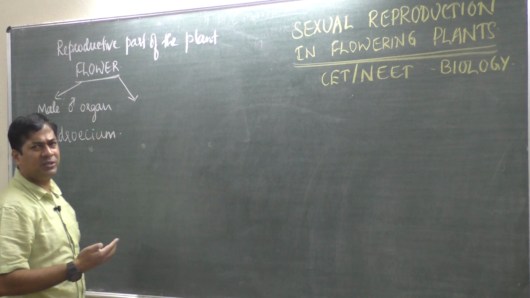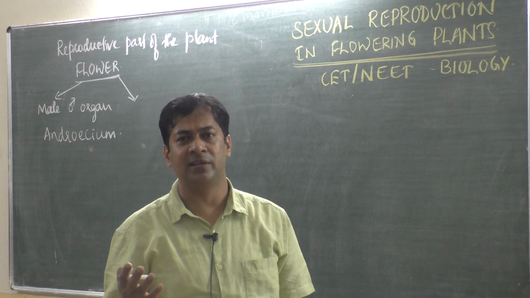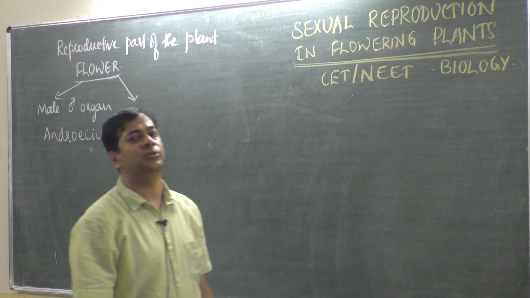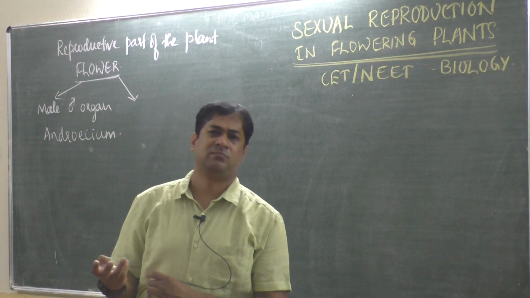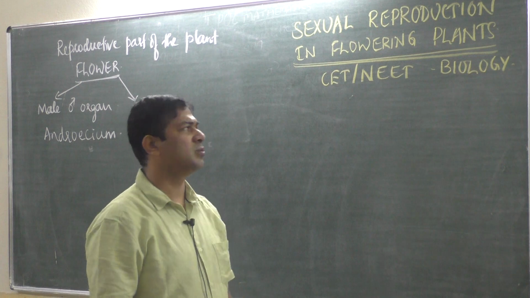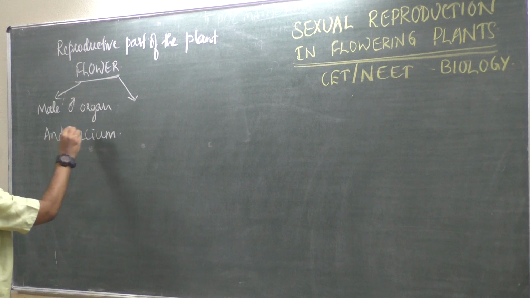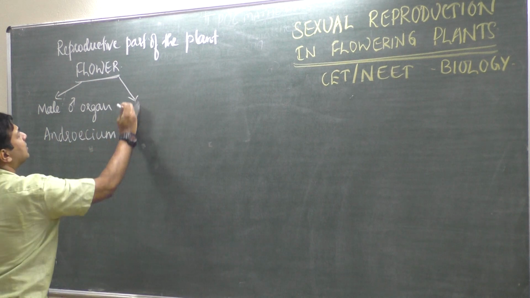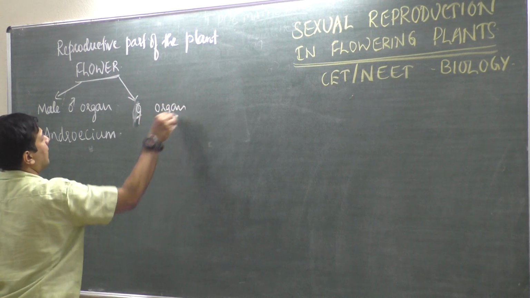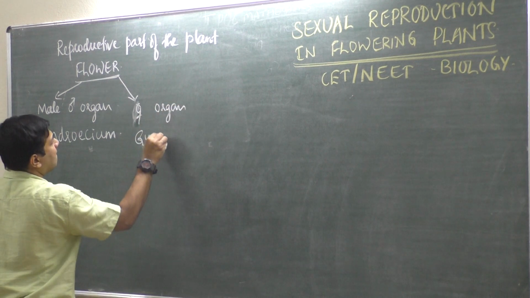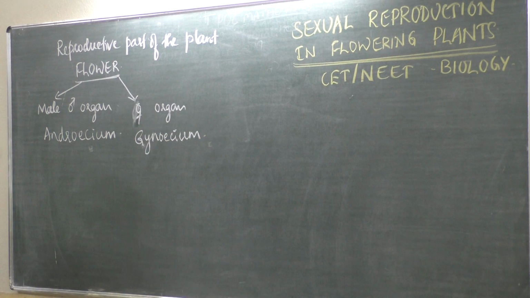Female, you know this because you have already learnt it in theory in detail, and you have written a test on this chapter also. So I will not go that deep, but it is my habit to teach, so I will teach. The male reproductive part is called androecium, the female reproductive part is called gynoecium. Androecium is nothing but stamen.